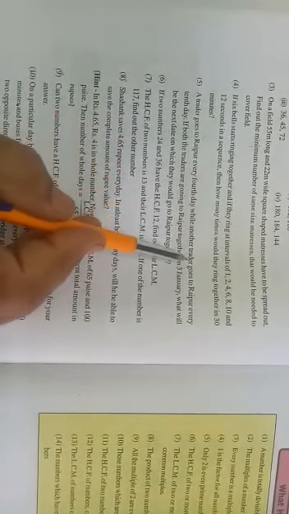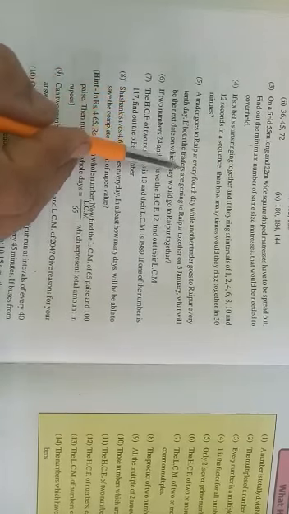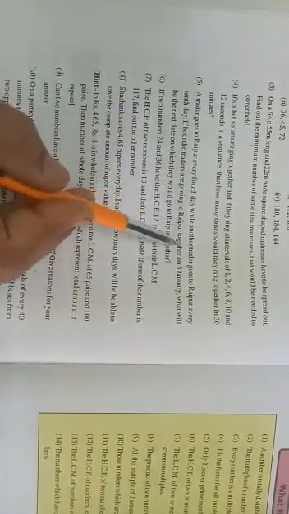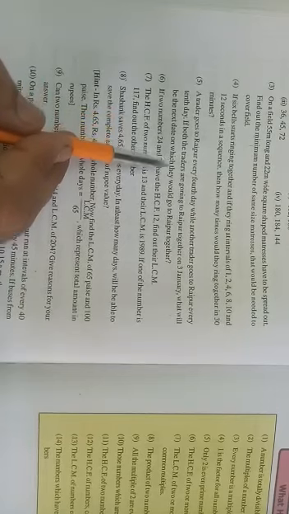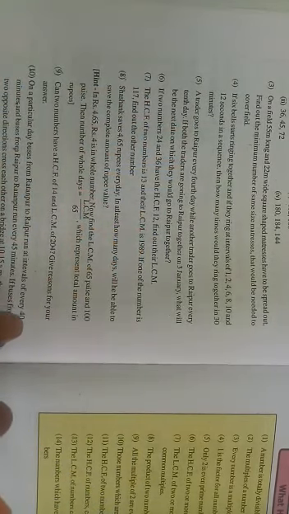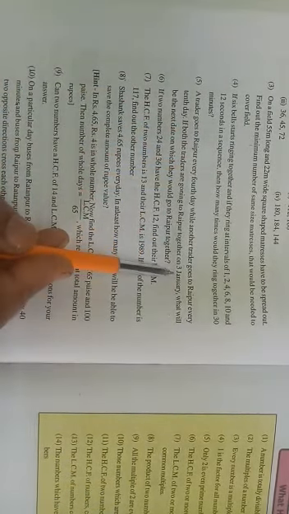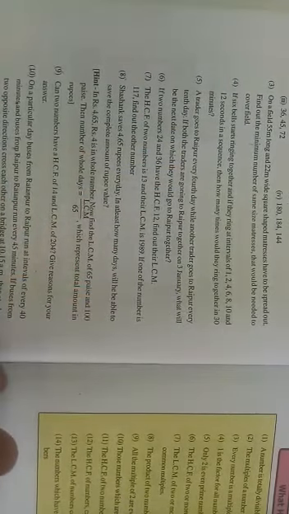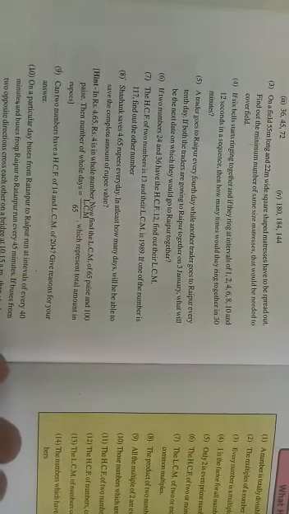Question number 5. A trader goes to Raipur every 4th day, while another trader goes to Raipur every 10th day. If both the traders are going to Raipur together on 3rd January, what will be the next day on which they would go to Raipur together? In the question it is said, one trader goes on the 4th day and another on the 10th day, but on 3rd January both go together. Then what will be the next day both will go together?